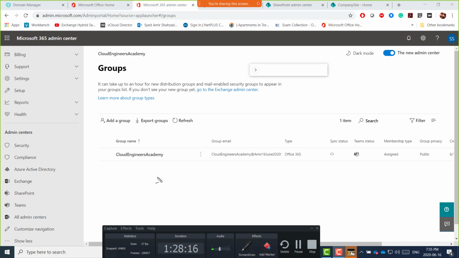So if we were installing SharePoint on-premises, we would need one server just for the SharePoint installation, and one separate machine for the SQL Server installation. Inside the SQL Server we would have created a database, and SharePoint would ask, hey, where do I create the database? So you would have given the path of the SQL Server, and it would remotely create a database there.